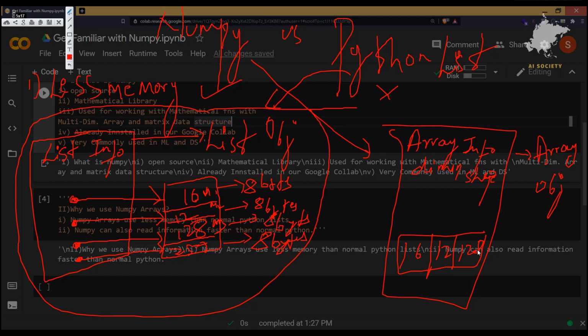That is why NumPy arrays are much easier to understand and much more efficient in terms of memory and speed.